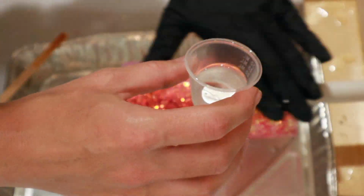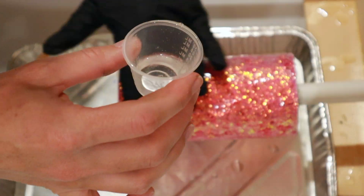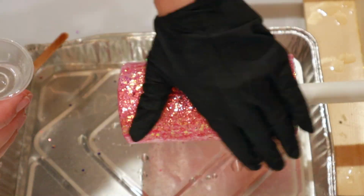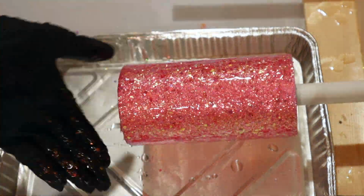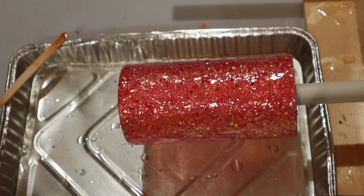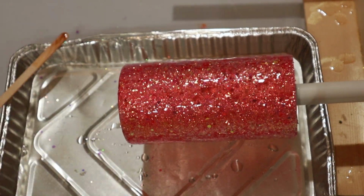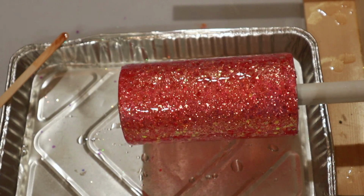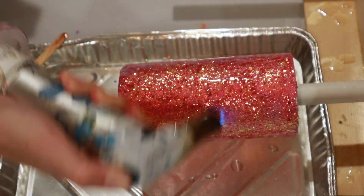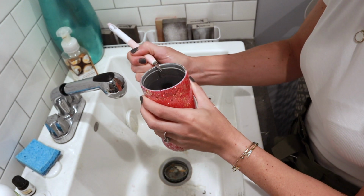That coat I didn't use nearly as much. But I did, again, want to get a pretty good coat on there. I never flood my tumblers, but again, because it's a chunky glitter, I wanted to try to get away with 2 layers of epoxy, not 3. If you do feel as though after your 2 coats of epoxy, there are some sharp pieces, you can try to sand them down, but if you seem like you're doing too much sanding, just stop and put another coat of epoxy on. After my second coat of epoxy, I do typically let it cure for 8 to 12 hours